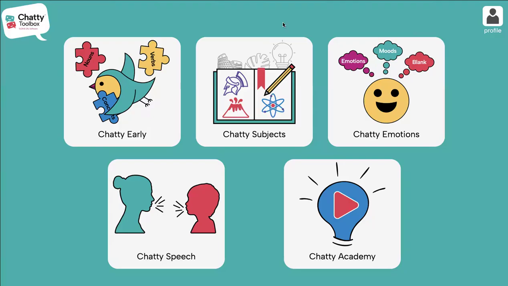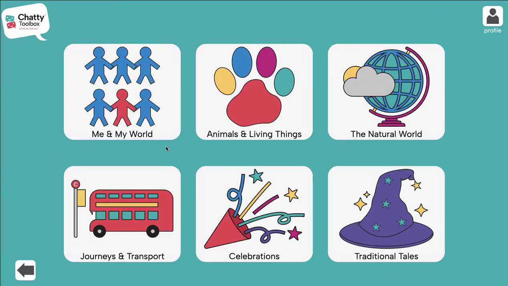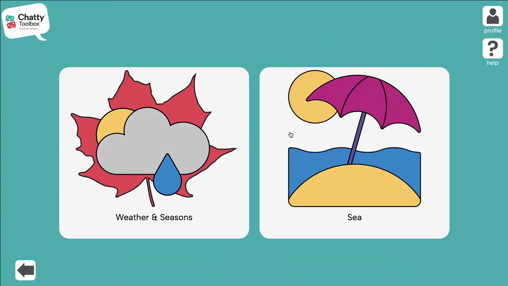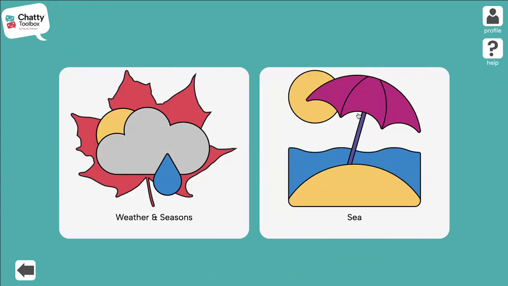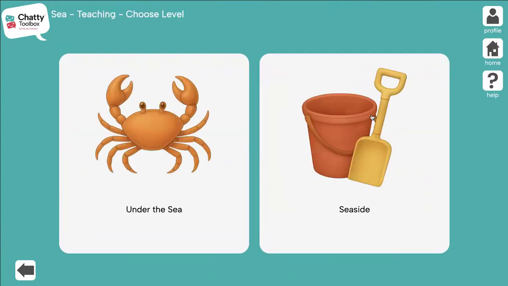Okay, and the next module that we're going to cover on Chatty Subjects EYFS is the natural world. So here we are again at the top level where you can see all the main modules. We're going to pop into subjects, then EYFS, and then click on the natural world. And this breaks up into two big areas. So we've got weather and seasons, and we've got sea. Weather and seasons, that breaks down into weather, seasons, and the sea breaks down into under the sea and the